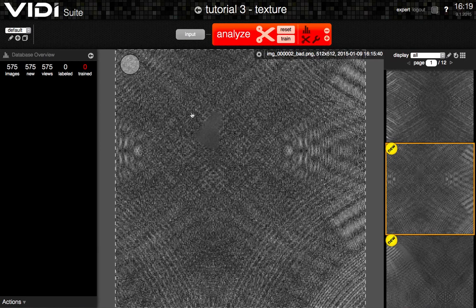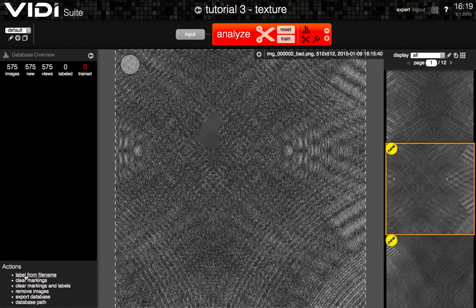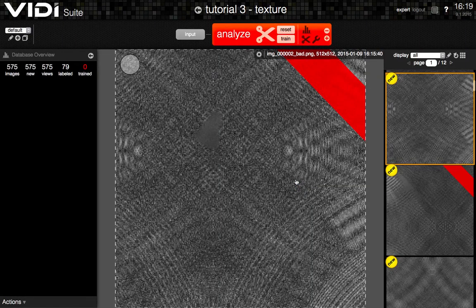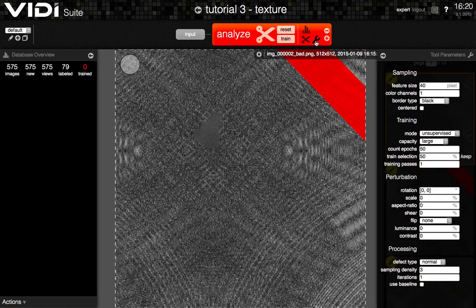Now luckily those images have already been labeled in a way that their file name contains the label bad if the image contains a defect. So we can go to the Actions menu and use the Label from File Name function in order to label those images automatically. That way, the system labels 79 images as defective,